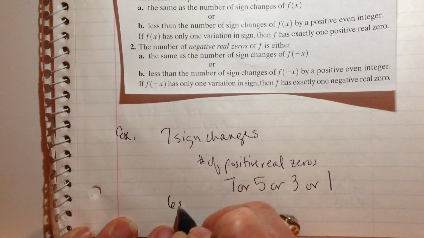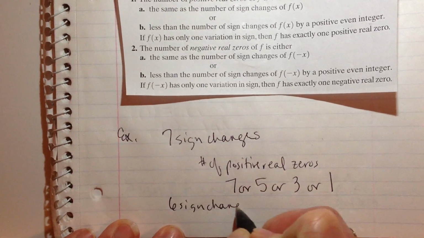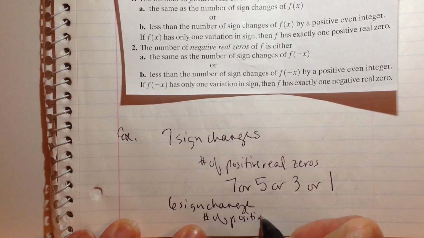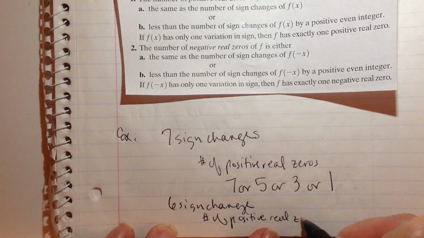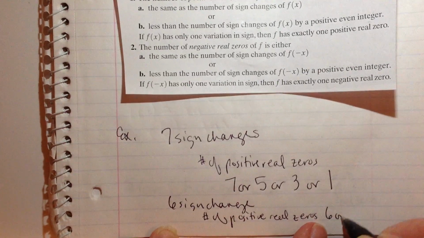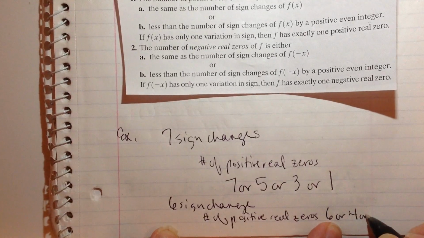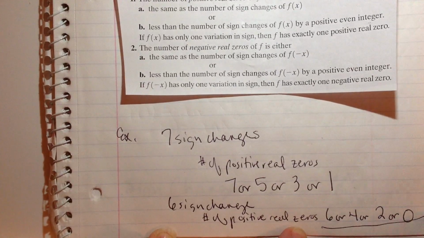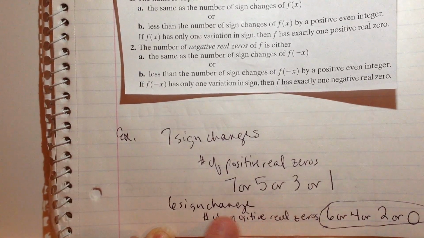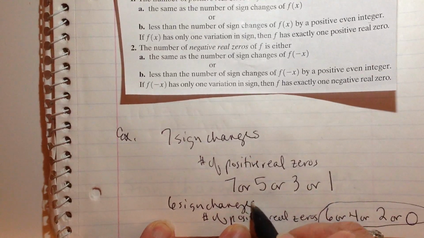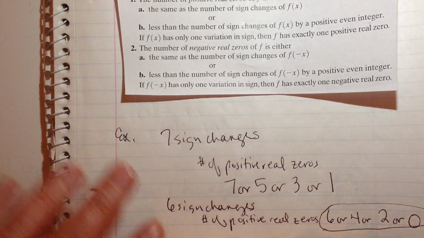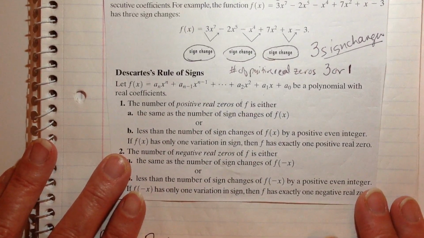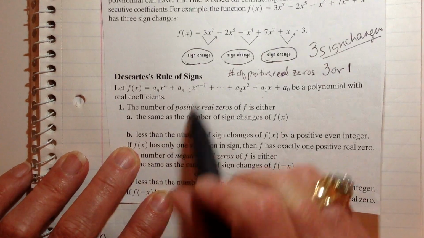So say we had 6 sign changes. The number of positive real zeros would be 6, or 6 minus 2 is 4, or 4 minus 2 is 2, or 2 minus 2 is 0. That would be my answer of the number of positive real zeros if we had 6 sign changes. Okay? So, in determining the number of positive real zeros, you look at the original f